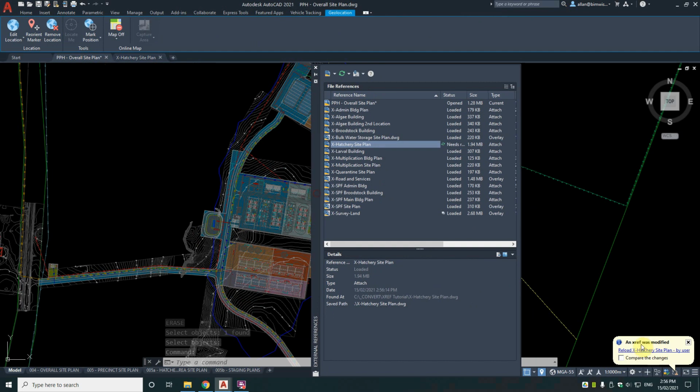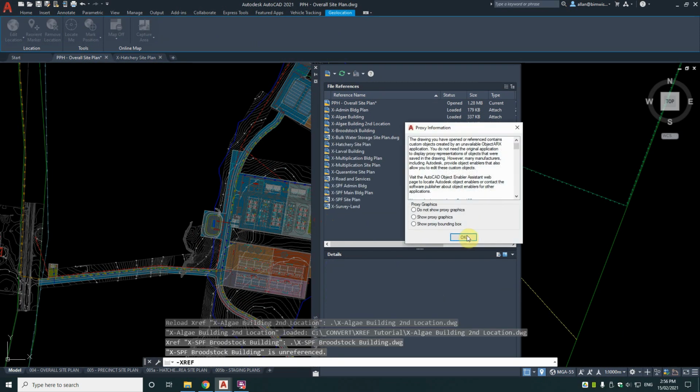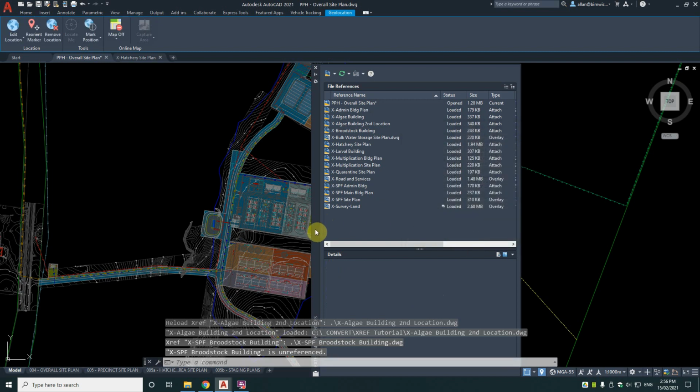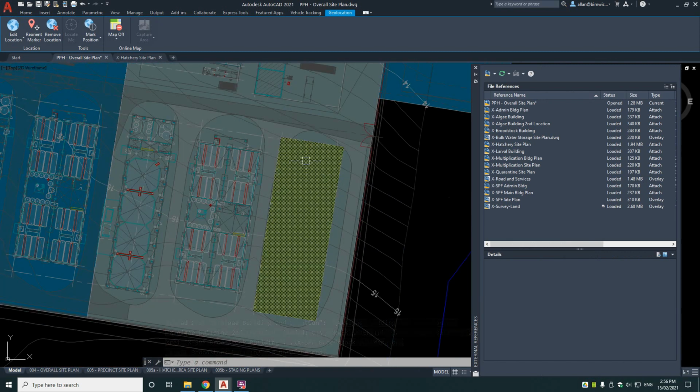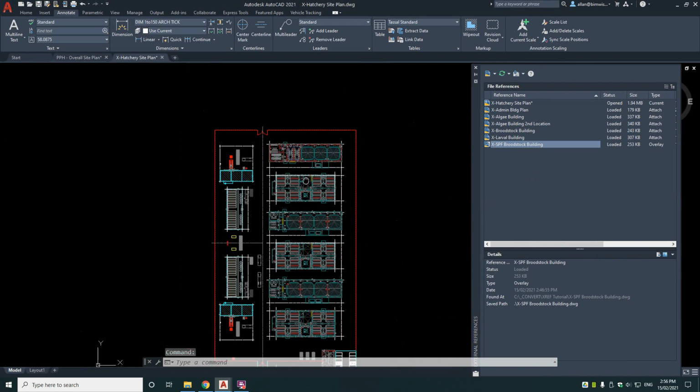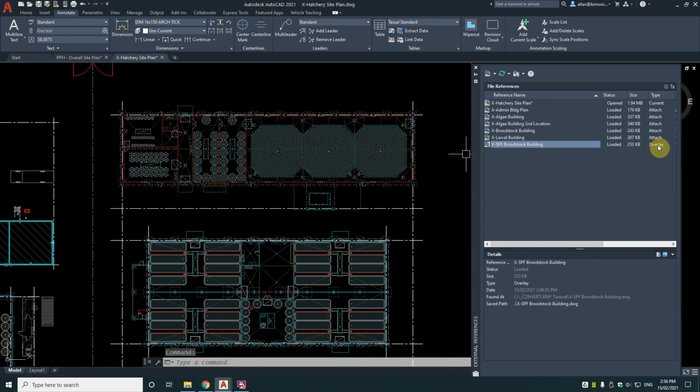So I've changed an Xref and it says it needs a reload, so I'll reload that. And you can just show proxy graphics on there. There is actually nothing there. Just can't get rid of that. And you can see here that's correct. So that disappeared. So if I go back to this one here now and double click it and change it to attach, go save,